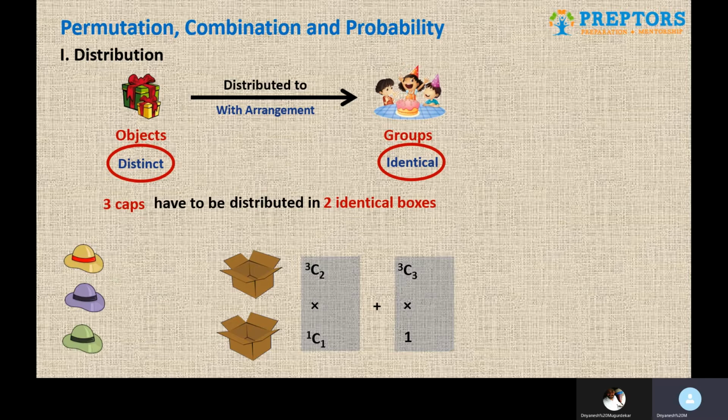So in the first brown box, 2 caps will be arranged in 2 factorial ways. In the second box, 1 cap will be arranged in 1 factorial, which is 1 only. Hence we are not writing that. In the second scenario, all 3 caps are going in the first brown box. So after going inside the brown box, the 3 caps can arrange themselves in 3 factorial ways. And that is what arrangement is all about. So again, you will have to be very, very careful as far as the language part is concerned.